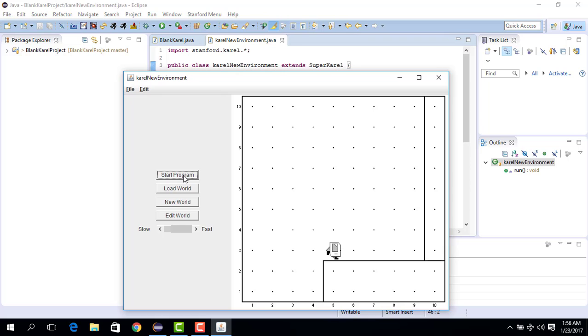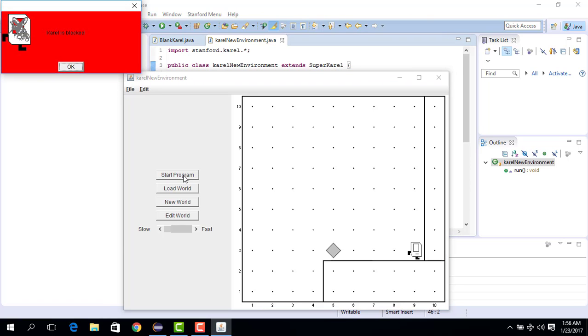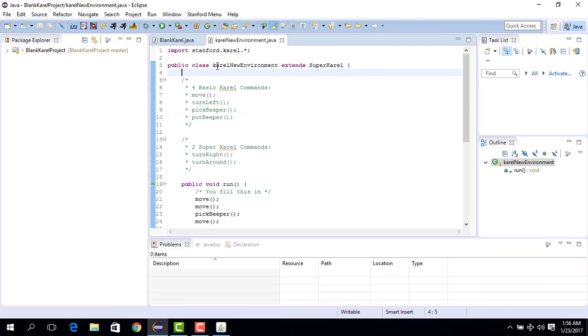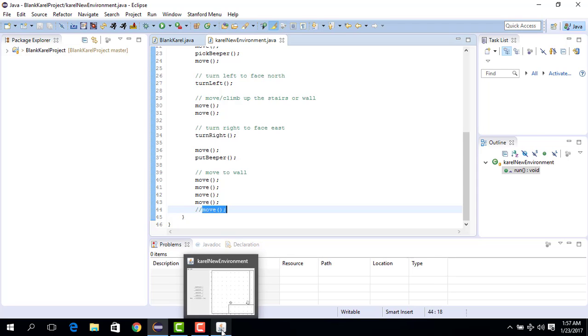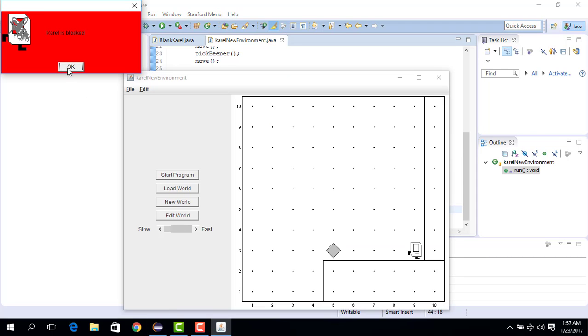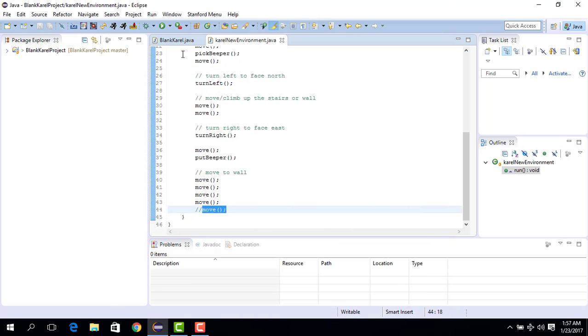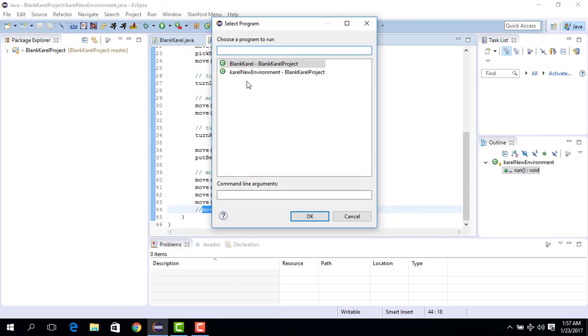So we run the command program and we see that Karel is blocked because Karel cannot do the last move command, because there is a wall and Karel cannot go through a wall. So in order for this to work, we need to change the code. What we can do is not remove but put a comment. So this line will not work, or the computer will not execute this line because it thinks it's a comment only meant for humans. So we do OK, and let's run it again, and we run this and we run this,